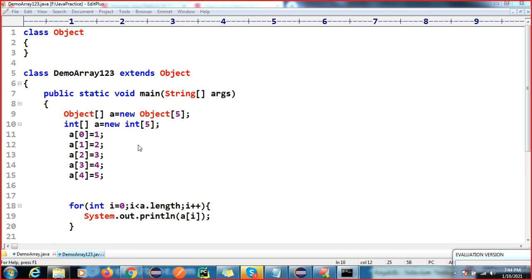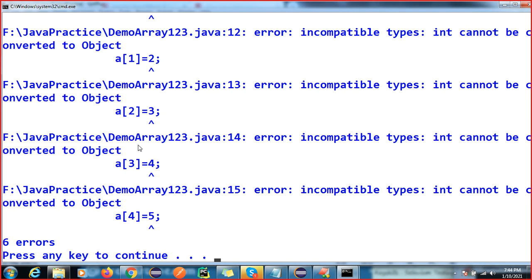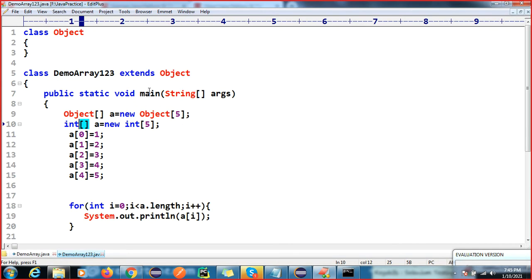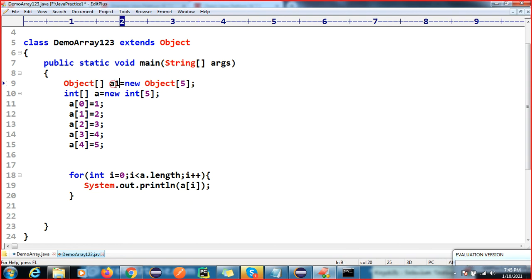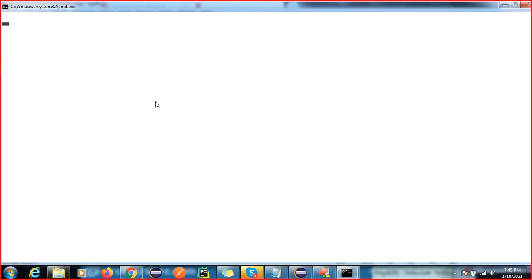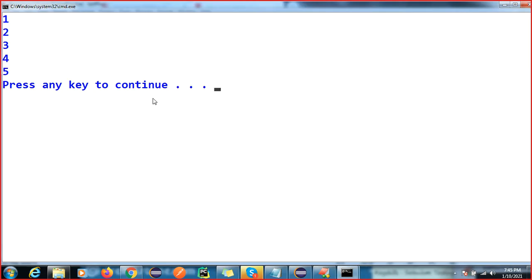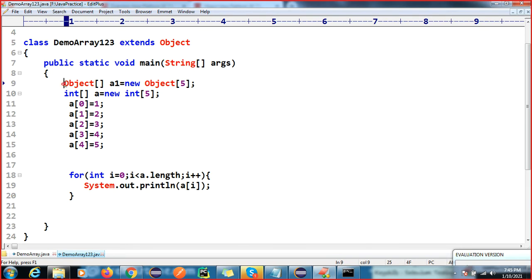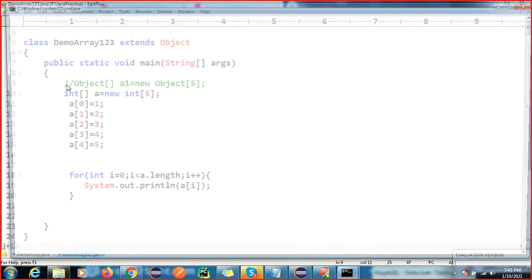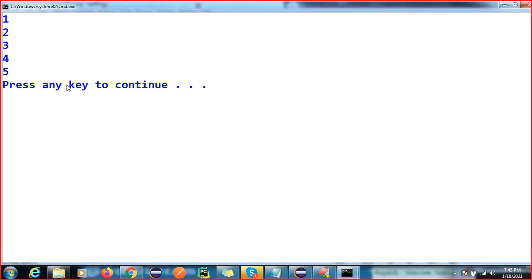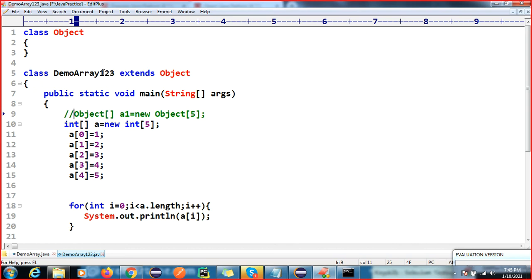Okay, so when I compile this code, before it was not extending the Object class, right? The variable is already there. I've created one object class, now it is working, and I'm getting the same output, 1 2 3 4 5, because I'm just commenting this out. So this Object class is already there if you are creating any class. Understood, right?